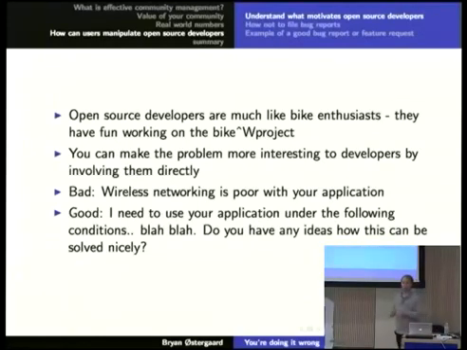But you could instead submit a bug saying, hey, I love your application, it's just what I need, and I'm trying to use it in this specific configuration at the school or whatever, but sometimes I've experienced this problem that I can't really explain where Wi-Fi connectivity suddenly drops and then it comes back a bit later or whatever. Am I doing something wrong or is it an actual problem? Now the developer at the other end might actually start thinking about this because you've described it as a bit of a puzzle. And we like puzzles. Open source developers love puzzles.